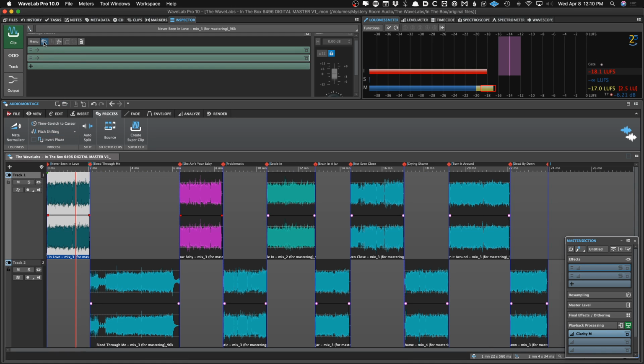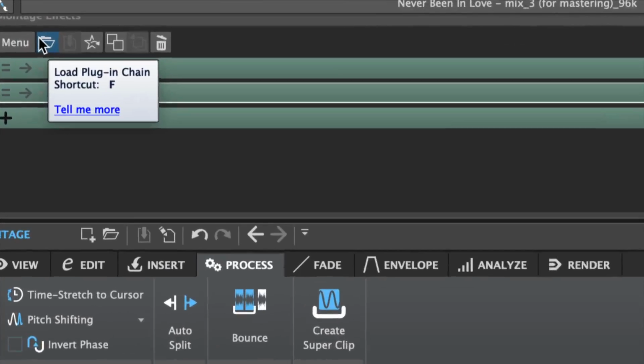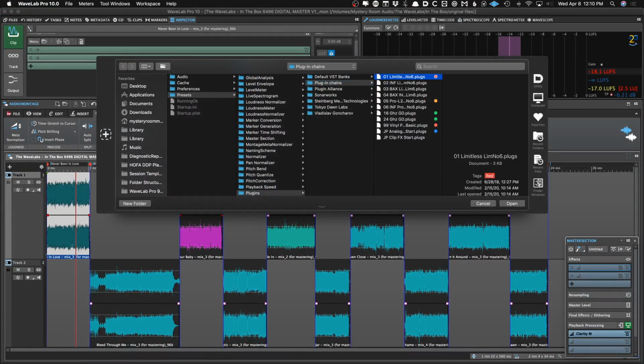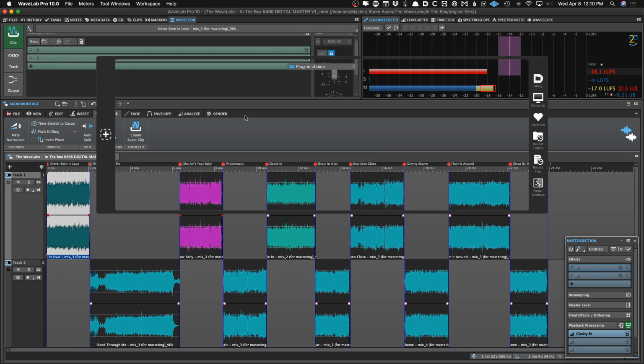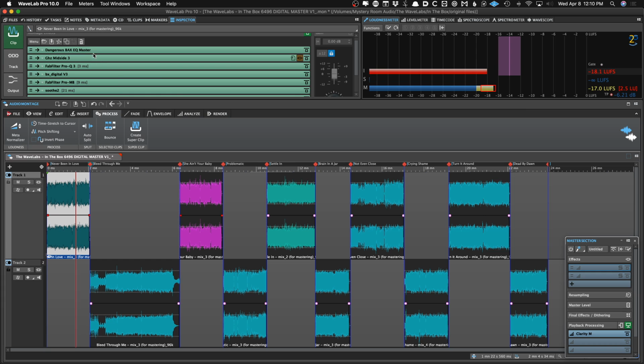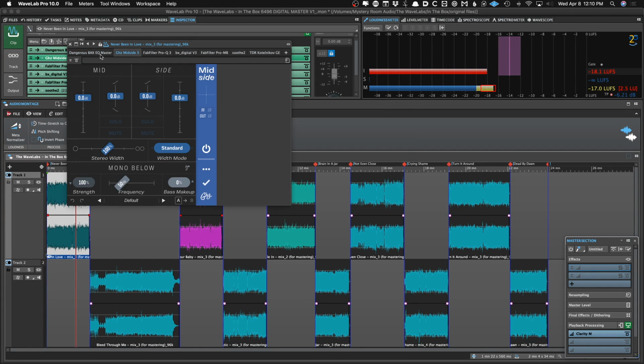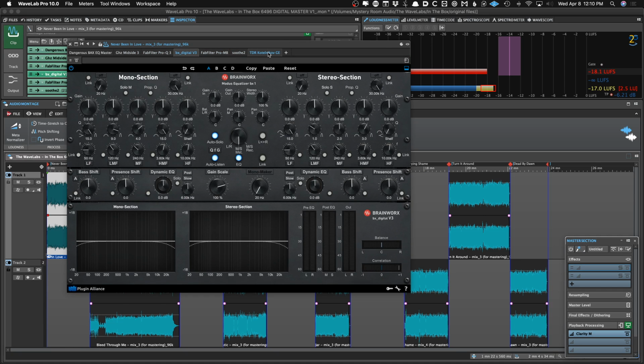So I can go to this little icon and I can load a plugin chain. And for me, this is a good in the box plugin chain. It's kind of a lot of plugins. I usually strip some things out that aren't needed. But you know, this is a nice little plugin chain for a song, and